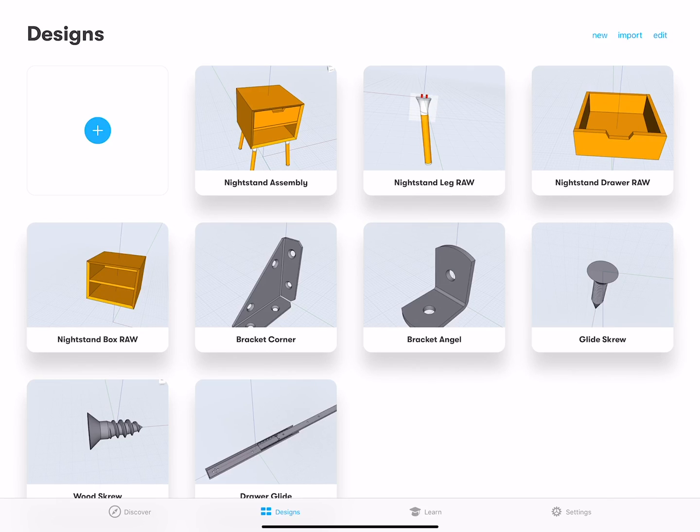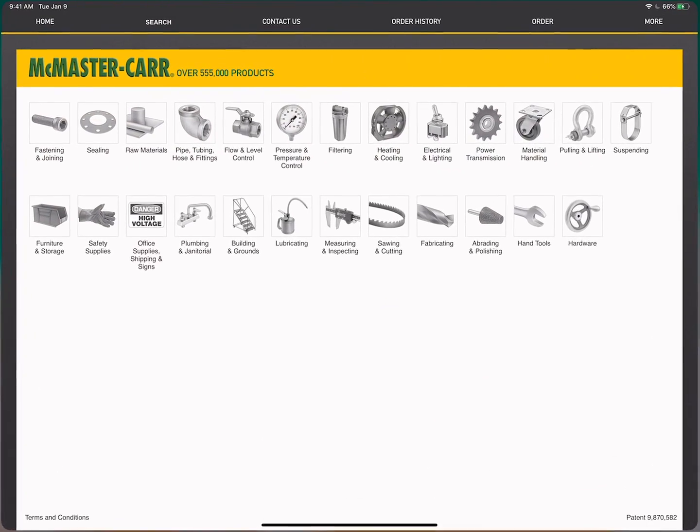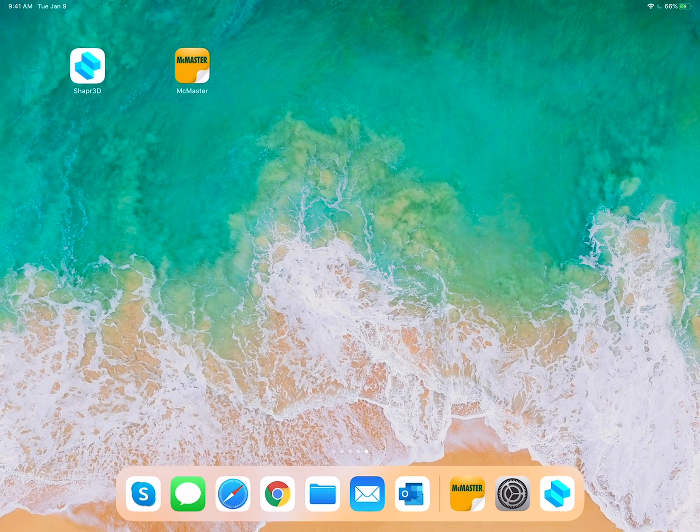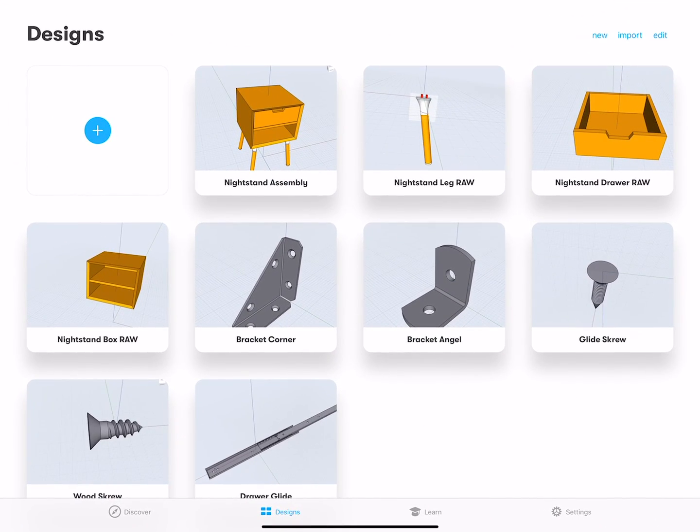I'm going to show you today the whole process, how we can save files in Shaper as external files and bring them back into a new file, and then how we source all these individual CAD files, because that is actually pretty amazingly easy. As a quick peek, for this we will use the free iOS app McMaster-Carr. They also have a website, so on Mac or PC you can do that too. Essentially it's kind of like Amazon for all the stuff you need related to hardware. So with all that set,